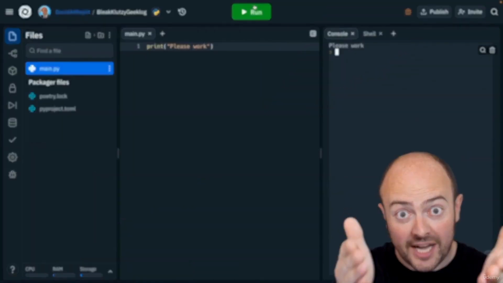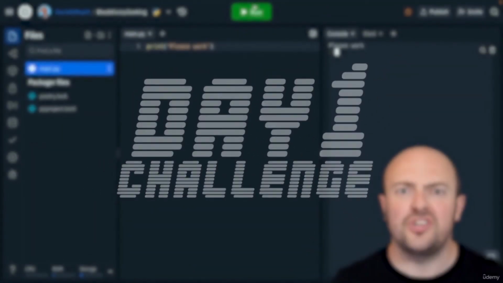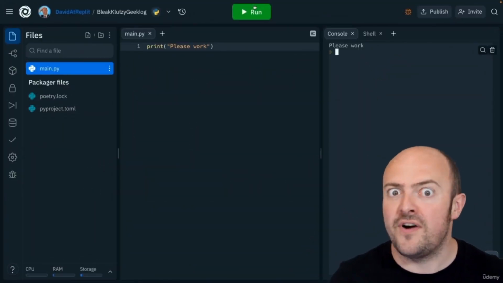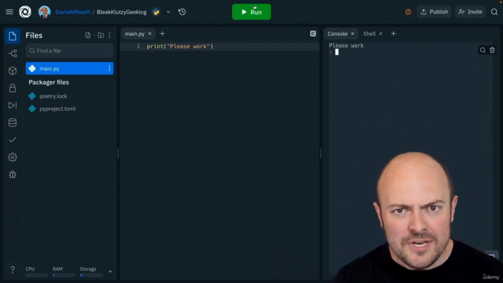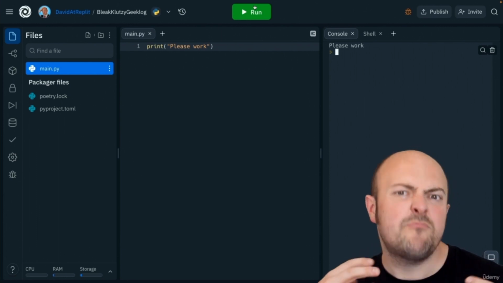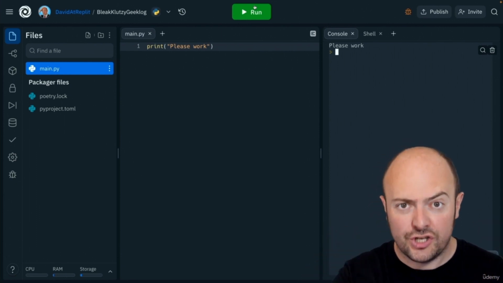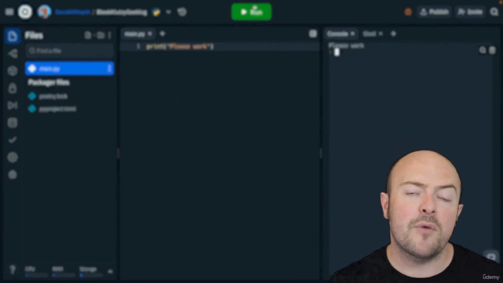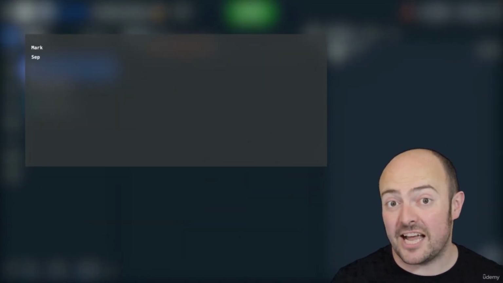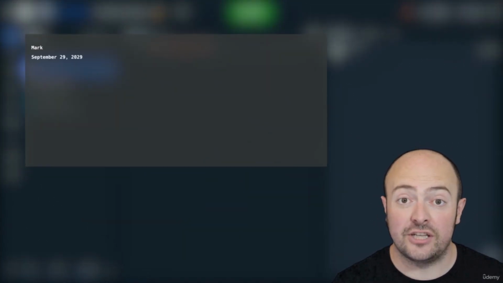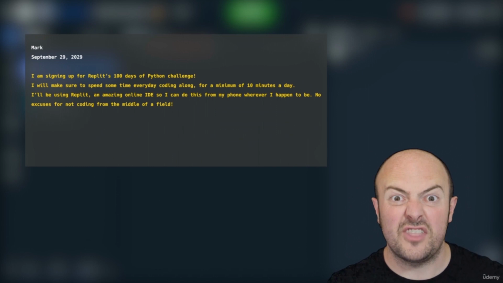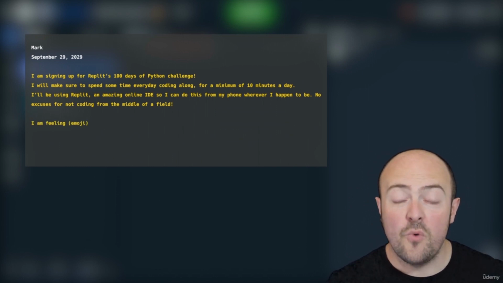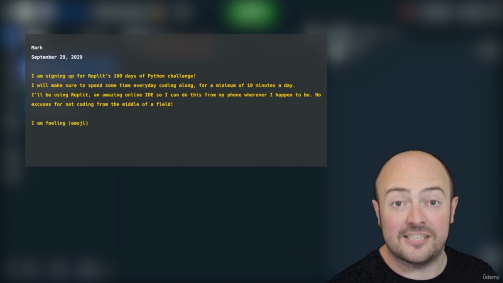Here is your challenge for day 1. We really want you to get into the spirit of 100 days of code. So we're going to ask you to write a statement of intent to really prove to the world that you want to do this. We're going to ask you to output your first name and today's date on the console. Then you're going to add this piece of text to your output, and ideally only using one print statement for the entire chunk. On the next line, we want you to write I am feeling to tell us how you're feeling about it,